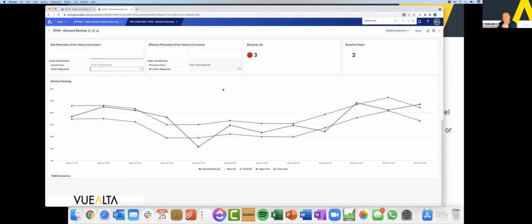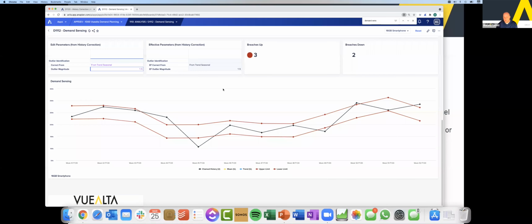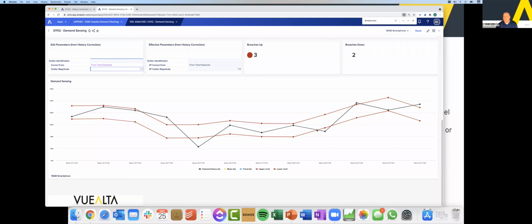Yeah, and I guess it kind of goes almost into demand sensing, and I think demand sensing is being applied to lots of things that maybe aren't demand sensing. But one way to try and identify these trend changes, we do have, building our apps on the Anaplan platform, and this enables you to choose a period of analysis, as in this example. And basically the red lines again are our upper and lower limits derived from the decomposition. So this is what the system would expect demand to be.